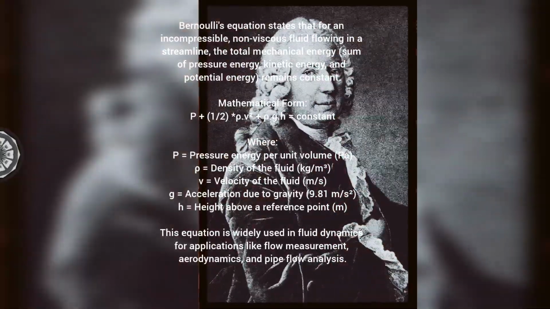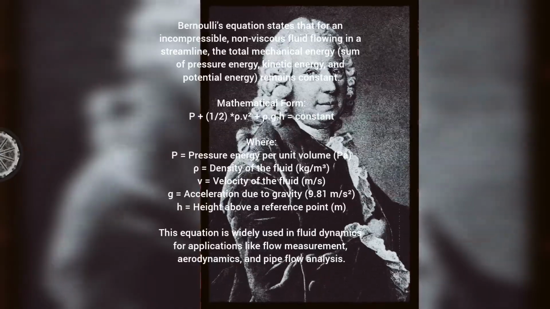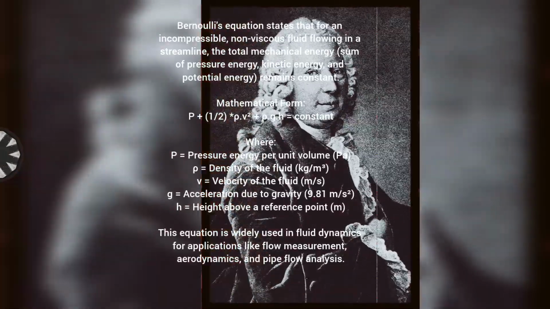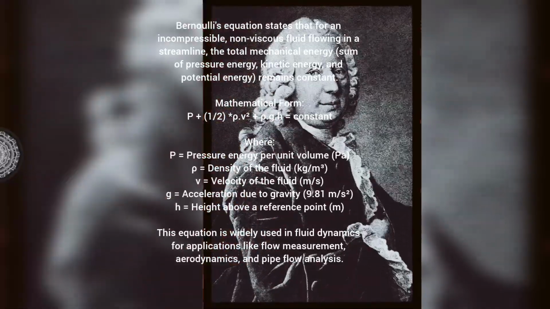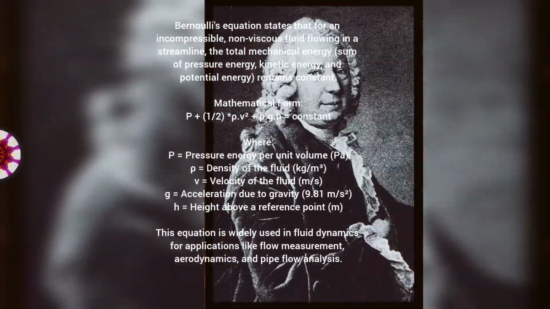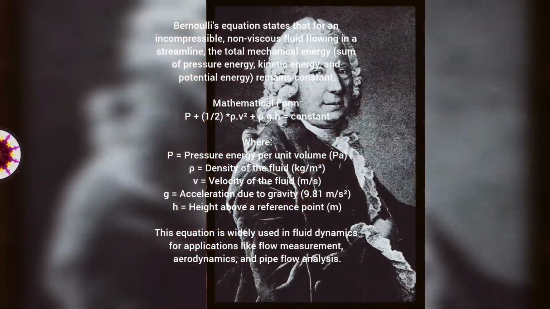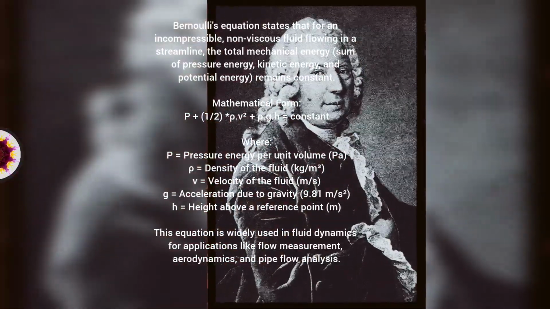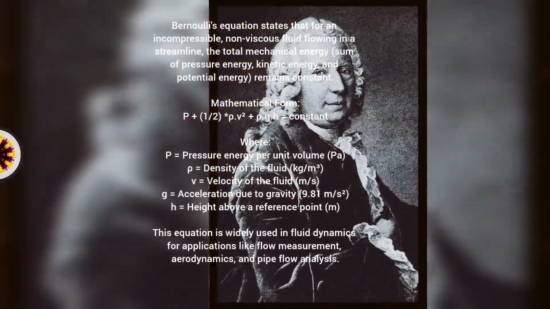Okay, makes sense. What about turbulent flows? Why doesn't Bernoulli work well there? Well, remember, Bernoulli assumes everything's flowing smoothly, nice and predictable. But in turbulent flows, it's all chaos. Like trying to apply traffic rules to a mosh pit. Haha, perfect analogy. The fluid swirling and mixing, changing direction. The pressure and speed are all over the place. So Bernoulli, which likes things nice and orderly, just can't keep up.